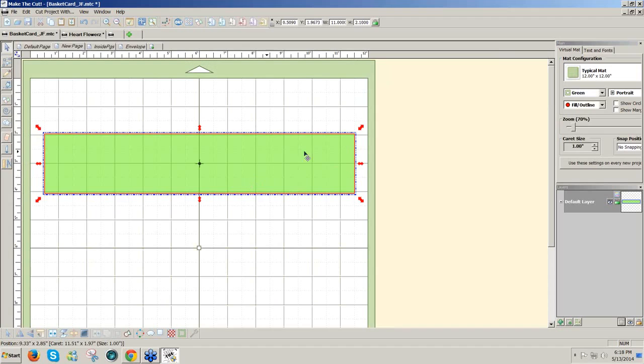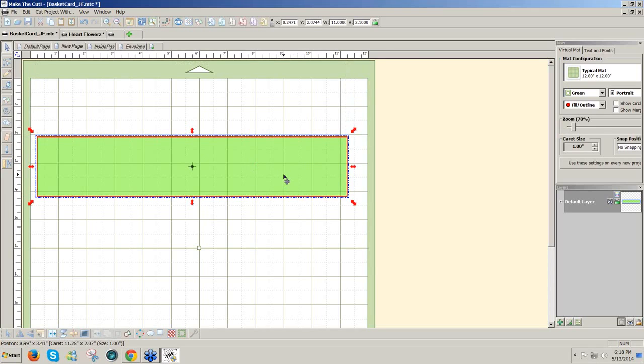Also, we need to have a tab on the right side in order to glue this edge to this edge once it's fully cut out. To make the tab, you can add a trapezoid, or you can just draw a tab if you want. If you're going to draw, you can just